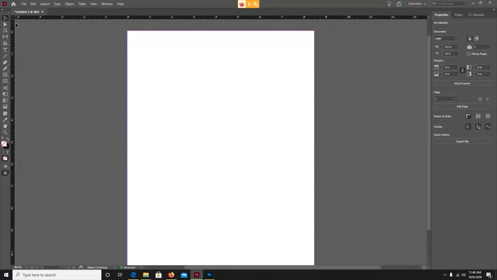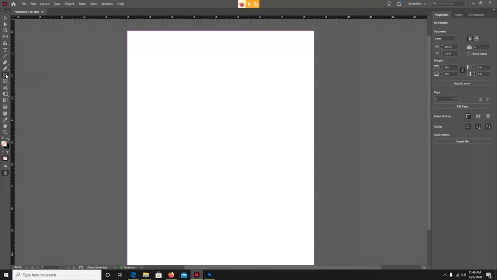So let's say that we want to fill our entire page with a photograph. The way InDesign works is it's going to let you put a frame, and then just like you would frame, I don't know, a picture of your significant other that you love so very much, and you would put that in a frame and put it on your wall or put it on your desk or whatever. In the same way, you're going to put a frame on this canvas,